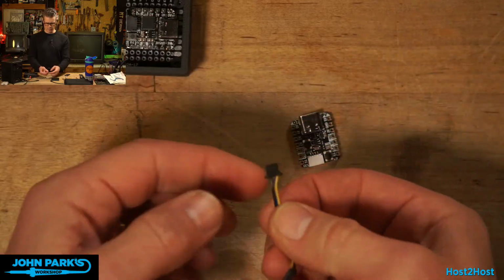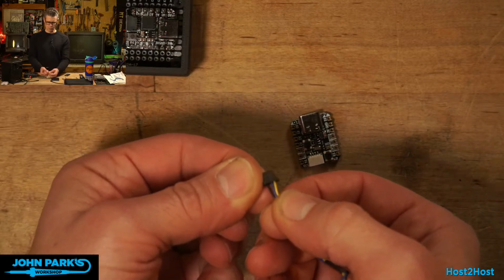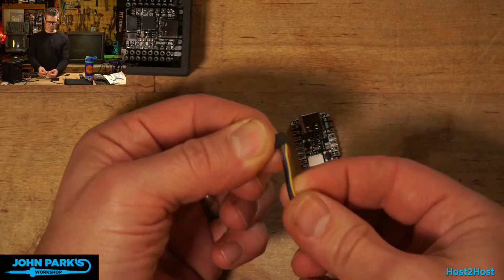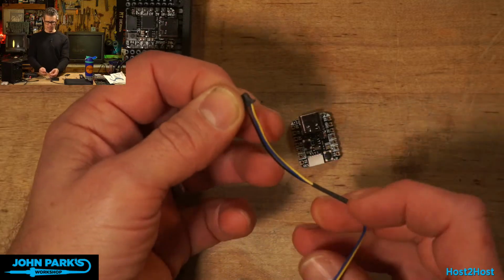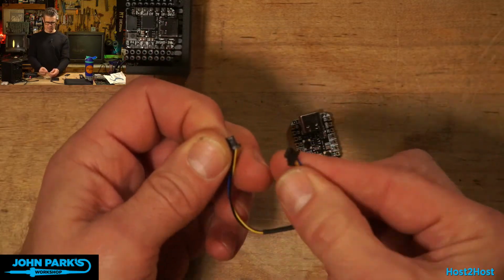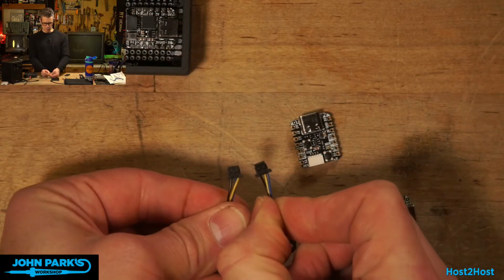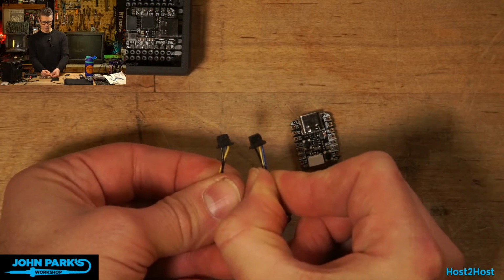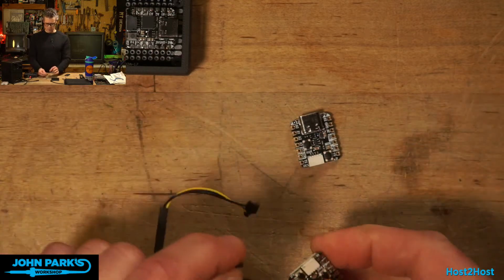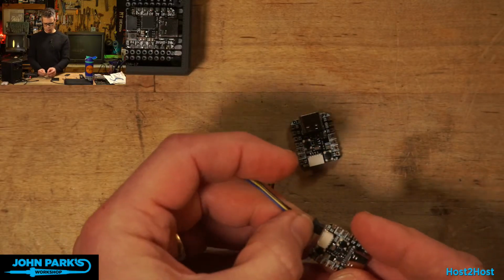So normally, you're probably used to seeing it like this, where you have yellow on one end, then blue, then red. You can see I removed the power. We don't want to share those. And ground. On this side, you can see I essentially made a crossover cable. So now it goes blue on the far right and yellow next to it. So that allows us to safely connect these two ports together